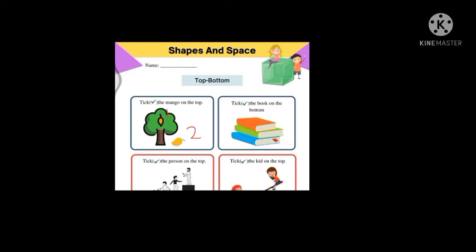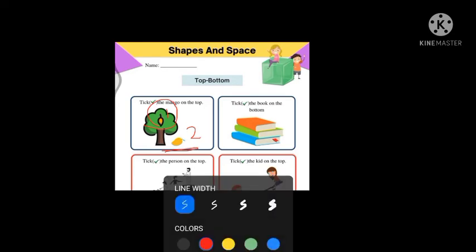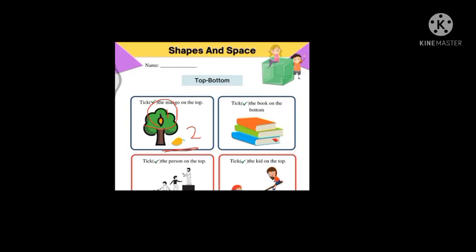If you will observe carefully, this number 2 mango is on the floor. वो फ्लोर के ऊपर है, which is nearest to the surface, means which is at the bottom, while the mango which is hanging on the tree, जो ट्री के ऊपर है, is at the top. So that means our answer is this first mango, right? So it means we have to tick that first mango like this. Can you see, students? Understood everyone?